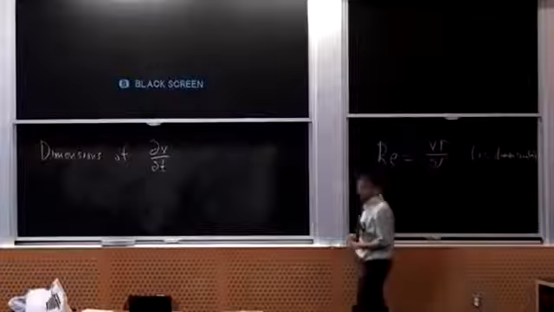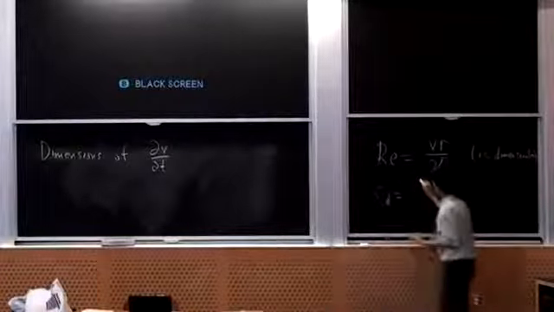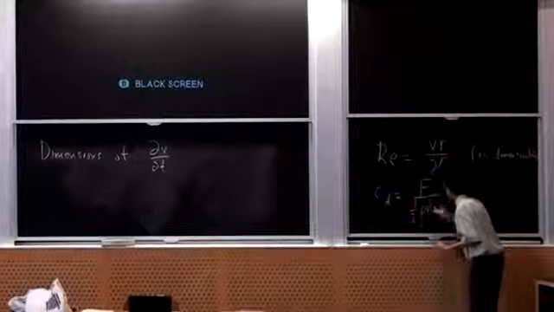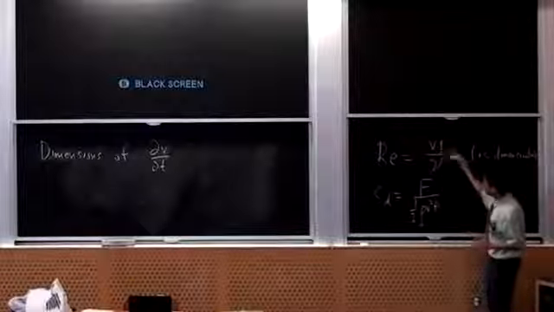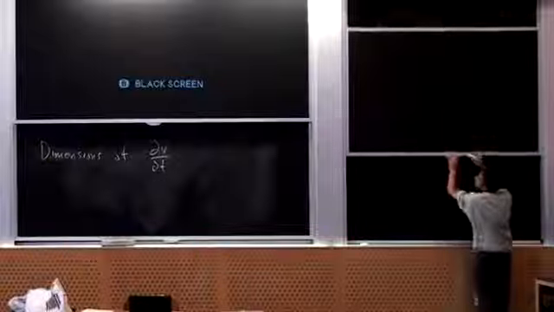Okay, and then now you've got the Reynolds number. You've also got, say, drag coefficient, which is F over 1/2 rho v squared times some area. So this is also dimensionless. So now you have two dimensionless things, and then finally the finale is